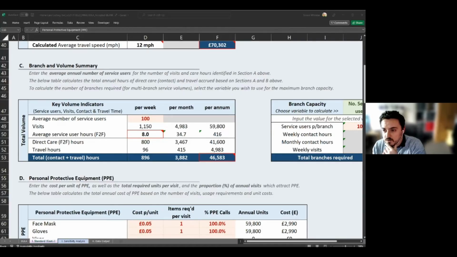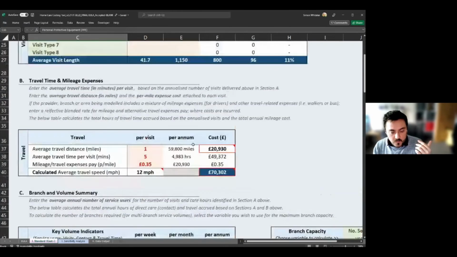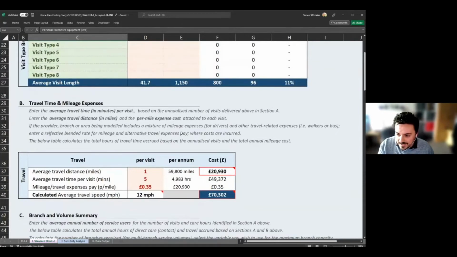Regarding travel, we have a mix of walking runs. Can the tool work with this combination? So we haven't disaggregated and separated out drivers versus walkers, and we've been purposefully non-specific about what mode of transport this travel relates to. The reason being, one, the model's got a level of complexity in it that probably goes further than most other models anyway, but we want to retain that